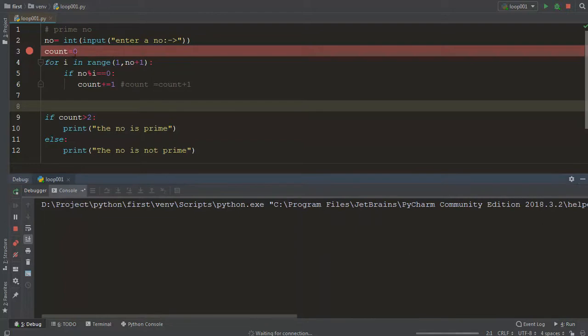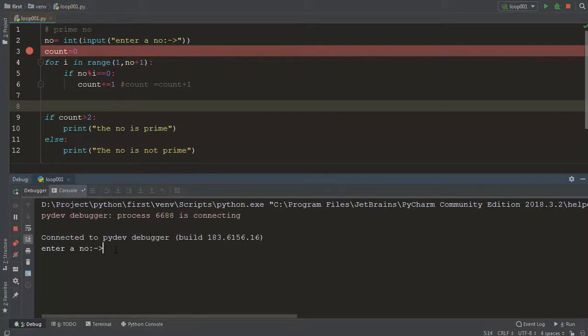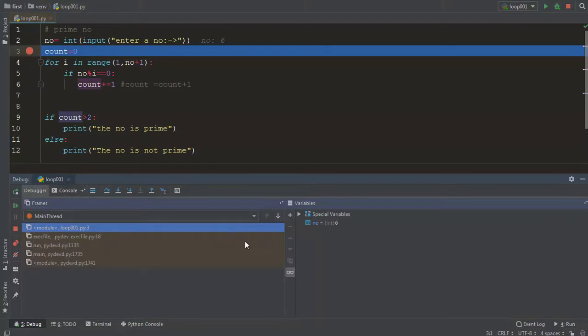and soon you will notice this line will turn blue. It is taking some time. Okay, here we go. Now let's have some value, that is 6, and enter it. Okay, now we are in debug mode. So here is a step into. Okay, and the shortcut key is F8. So either you press F8 or click on this button. Okay, this will move your cursor one step ahead, and you can see we have a blue highlighted line which